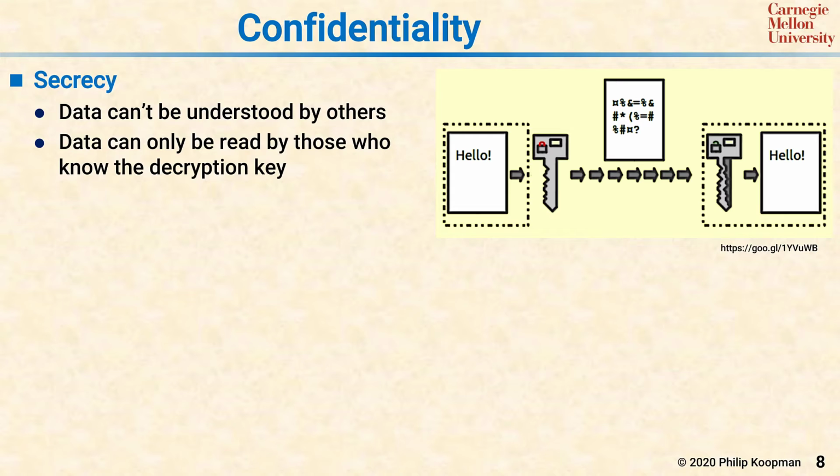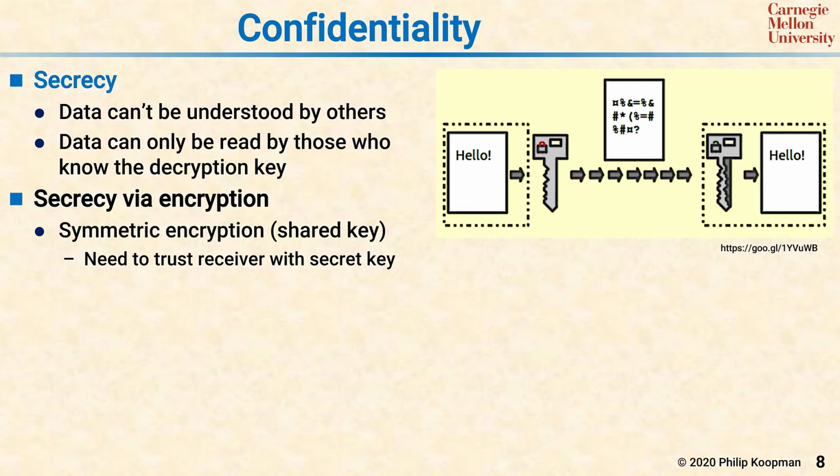With symmetric encryption, you have a shared key, which means that you need to trust the receiver to keep the secret key actually a secret. In a widely distributed embedded system, this can be an issue because while a central server might be trustworthy with a secret key, if every system in the fleet has the same secret key for receiving information, an attacker only needs to reverse engineer one system to retrieve the secret key and then be able to impersonate the central server.